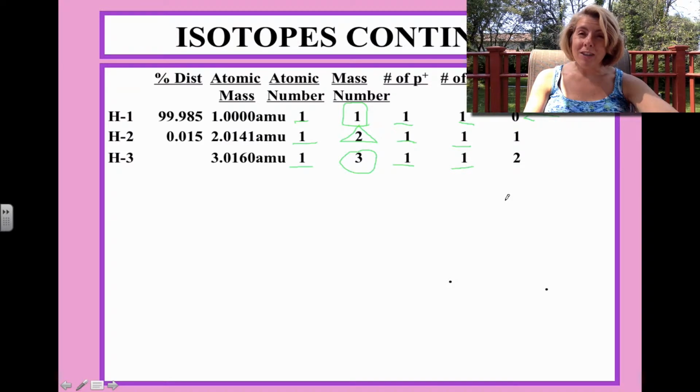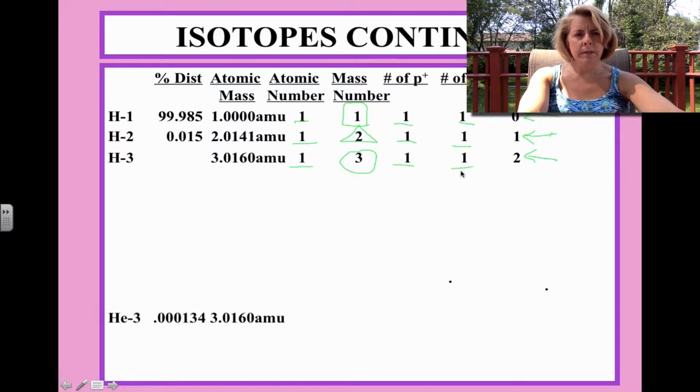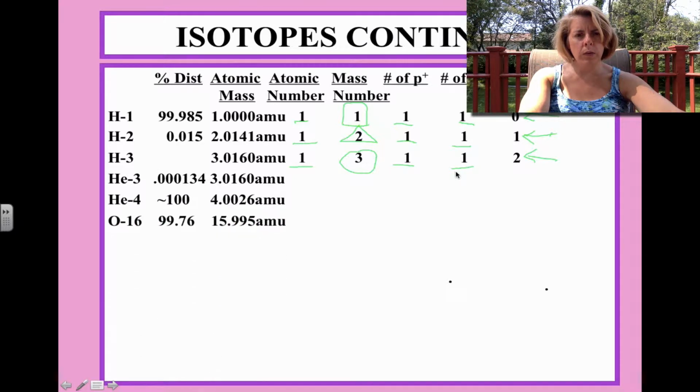You'll see this question again on a quiz or a test. Hydrogen 1, mass number 1, does not have the presence of a neutron. However, hydrogen 2, which is called deuterium, that probably sounds familiar, notice it has 1 neutron. And then tritium, which is mass number 3, has 2 neutrons. We go to the next series of